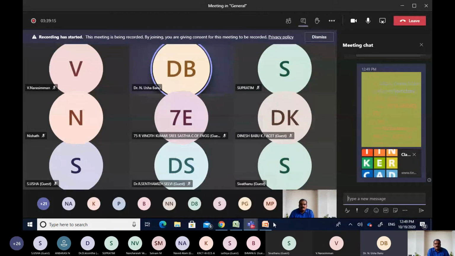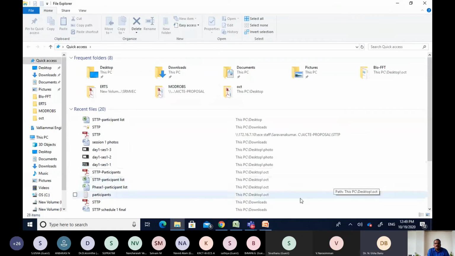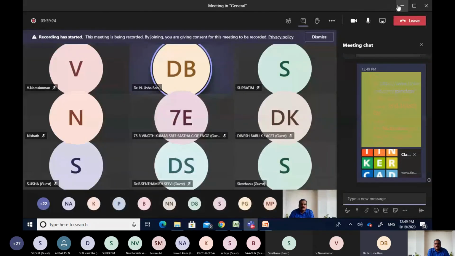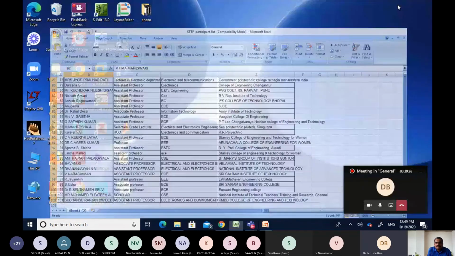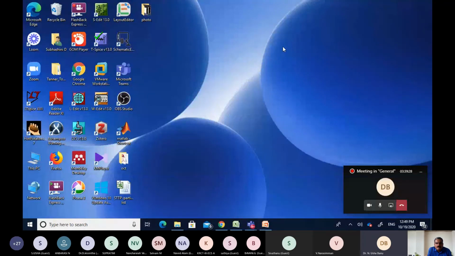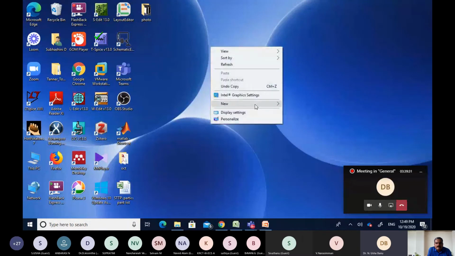It has been given as an image. So let me create it as a text file. Let me create one text file over here.